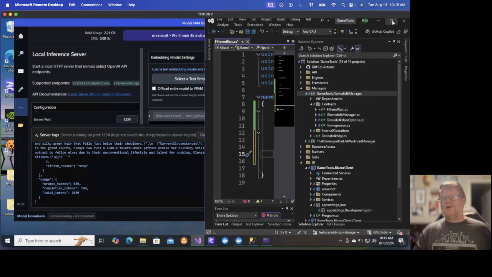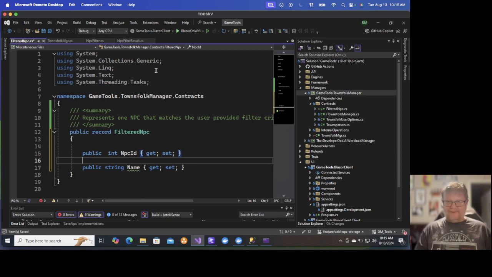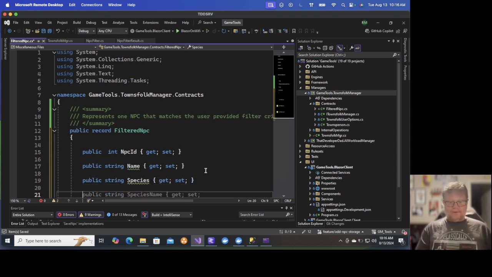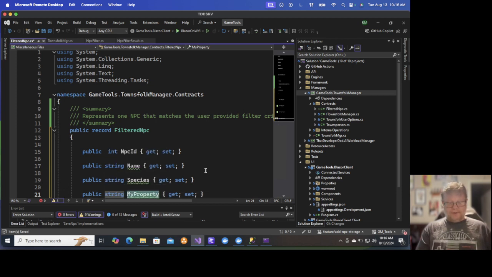Oh gosh, I'm on a Mac and I keep trying to do the Windows left to get me all the way to the end of the line, and it messes with me every time. Prop string species, prop string location,